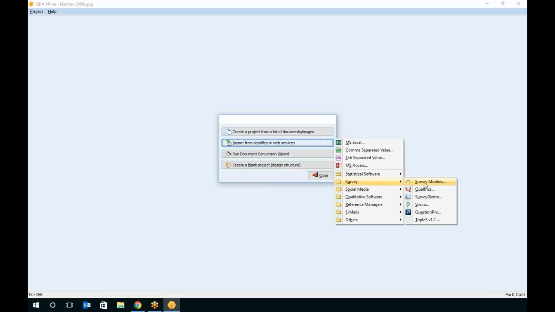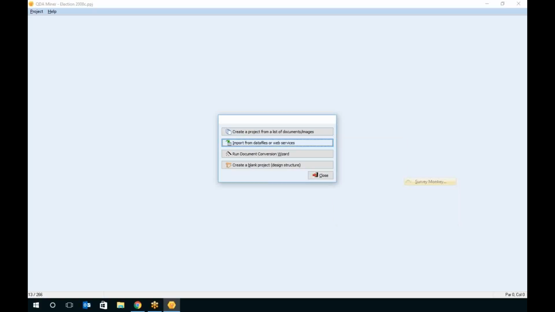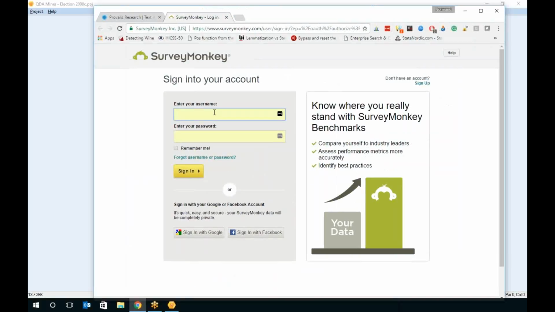So for surveys, I could actually import from 5 different platforms. By the way, if you have some suggestions for other platforms, if you are using something else and would like us to support that, please send us an email and tell us that you would like us to support other formats. So for example, I will use SurveyMonkey, and it will bring up an account where I will have to put my account and password. So I need to authorize QDA Miner to access my data,